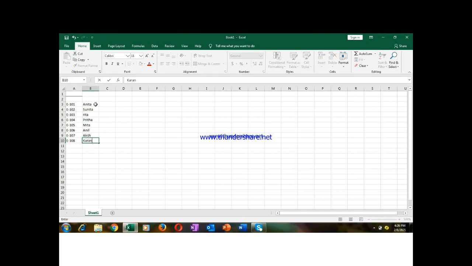Okay, these are some of the names we have written. So now suppose this is the employee's ID, EMP underscore ID, and this is the employee name, EMP NAME.